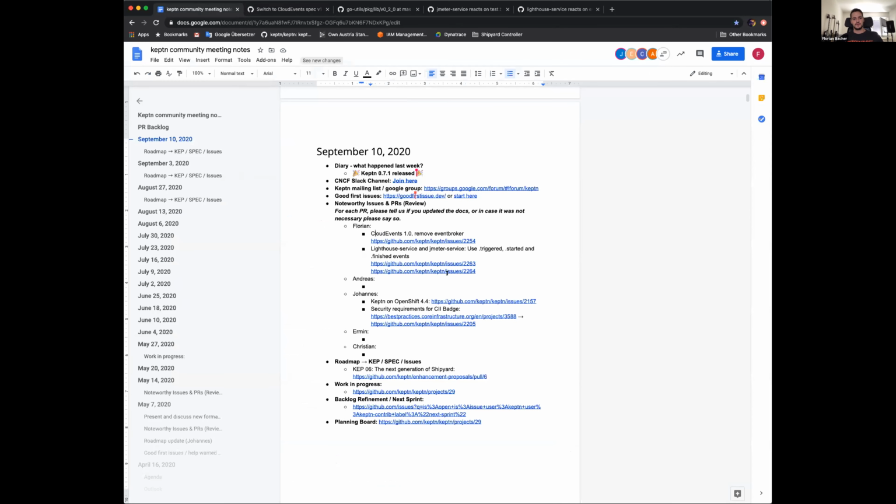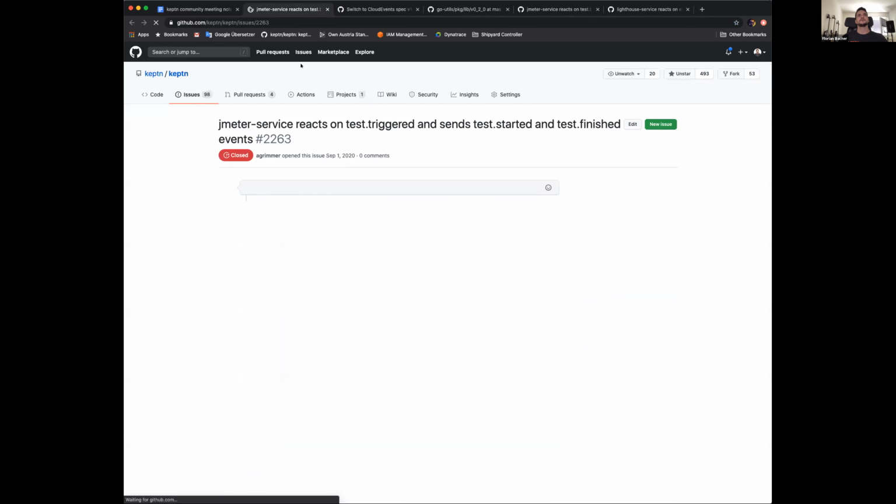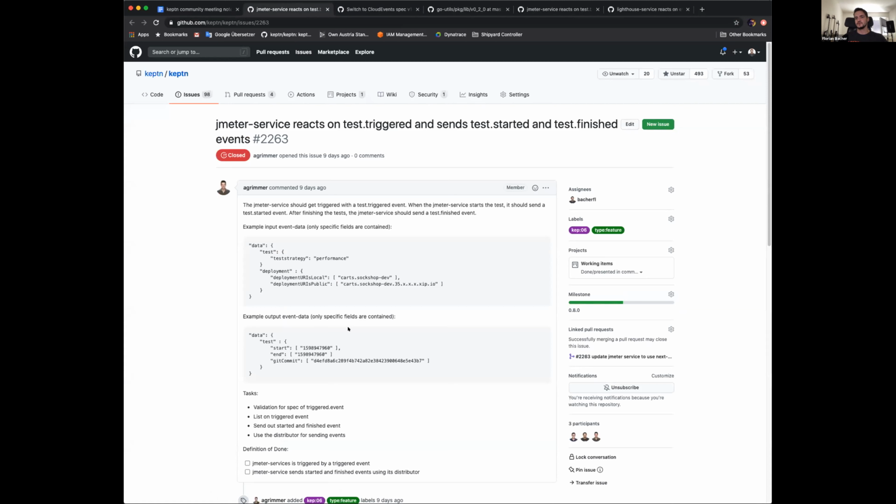All right, and the next point is related to the Lighthouse-service and the jmeter-service. If you recall the last few community meetings, we have shown the shipyard controller a couple of times already, as it was developed further and further. And now, since it has the full capability of going through a task sequence of a shipyard, sending out triggered events, waiting for the correlating started and finished events to come in and then triggering the next task sequence,